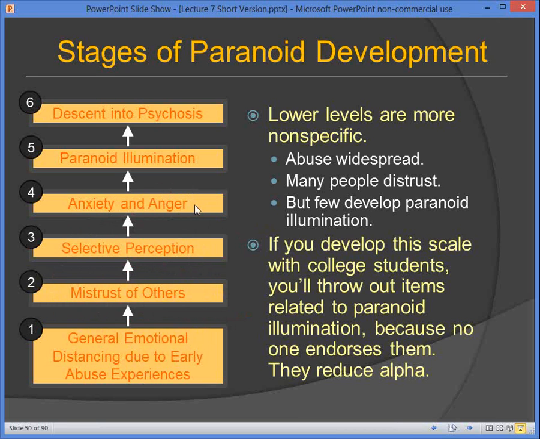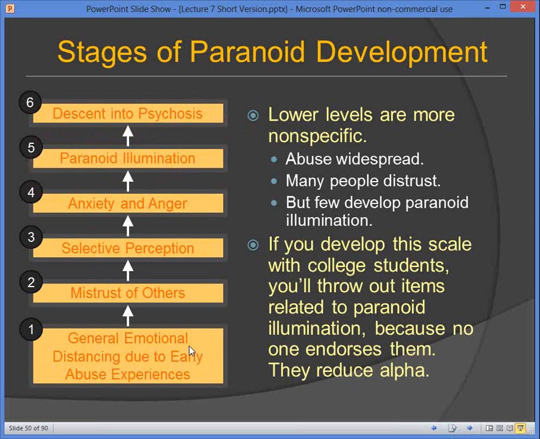You might wonder, why are people being so mean to me? Why are people picking me out? And then there's supposed to be this moment of paranoid illumination where everything suddenly makes sense and you realize that you are the victim of a conspiracy, and this marks your break with reality and your descent into a schizophrenic psychosis. So if you were developing a scale that was designed to assess these stages, you might not have a lot of paranoid subjects that were